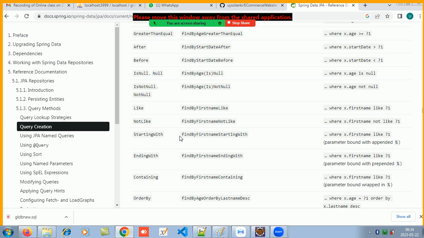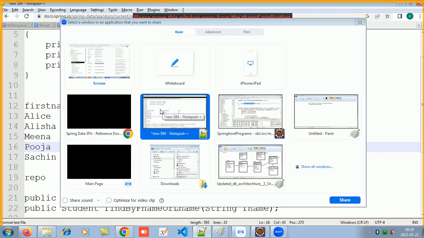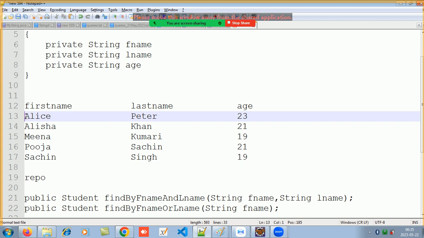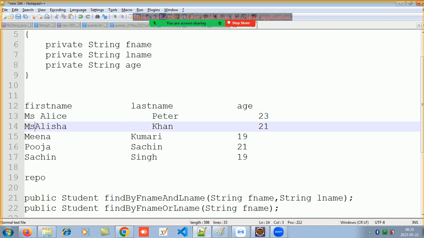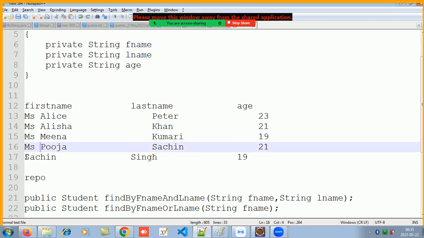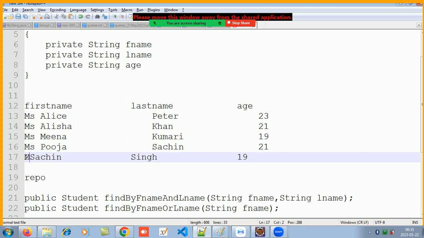Okay, starting with, if you want to filter out the strings starting with a particular name. So if you want to filter out, let's say, all the girls, starting with Ms. So filter out all those strings starting with Ms or starting with Mr,